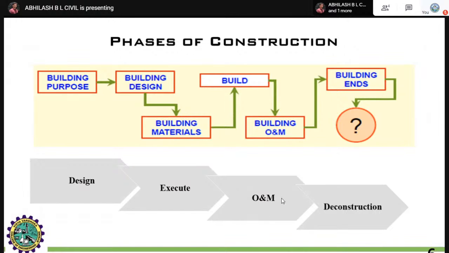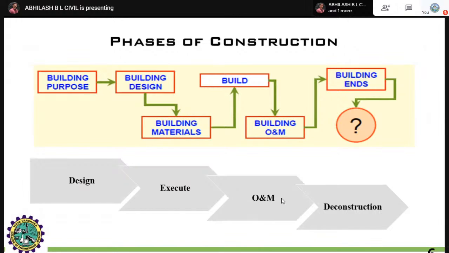In order to design and execute, how will you plan, and what should come first? Should you procure the steel, the cement or the aggregates, or should you procure all the materials at a time? And what amount of materials should you stock? All these things should be in your hand. That is how construction management takes care of it. Other than the manual method, there is software like Primavera or MSP, Microsoft Project. These are some of the softwares used in construction project management.